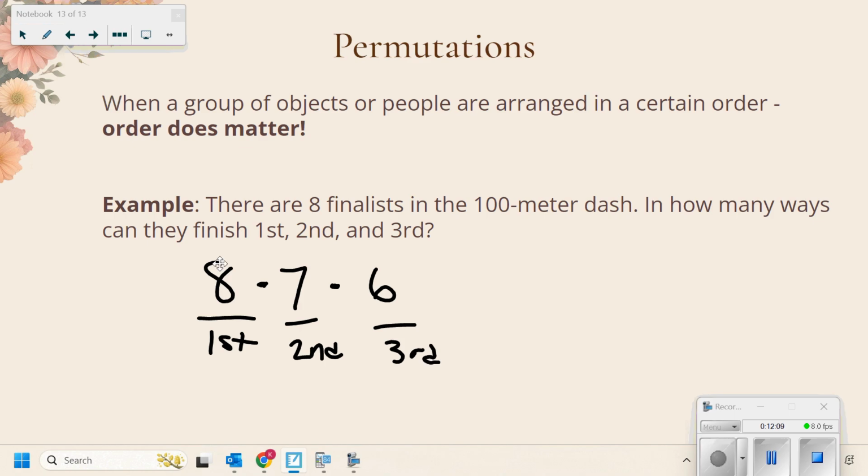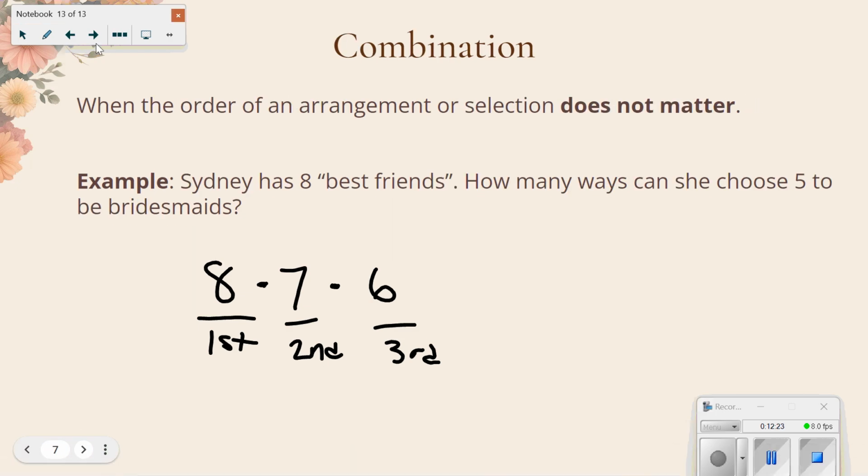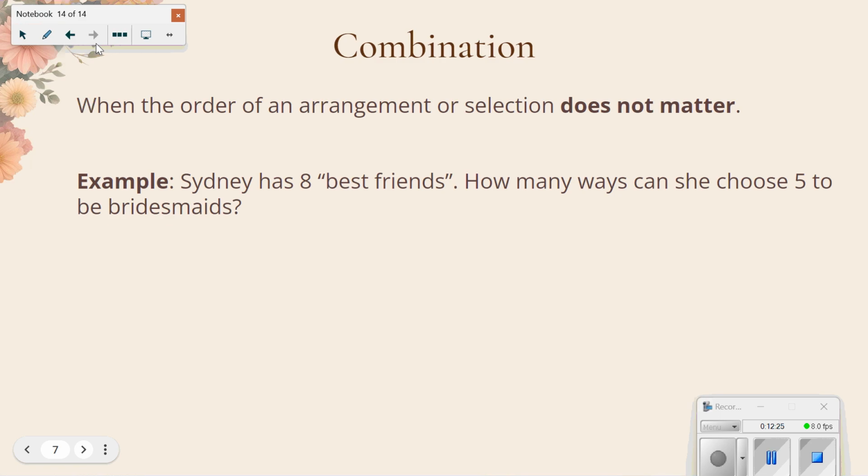Good. So our order does matter here with that situation. So let's think about another type of situation, which would be combination. That's when the order of an arrangement or selection does not matter. Meaning, before, the order for Sabina, Vita, McKenna mattered, but now it wouldn't